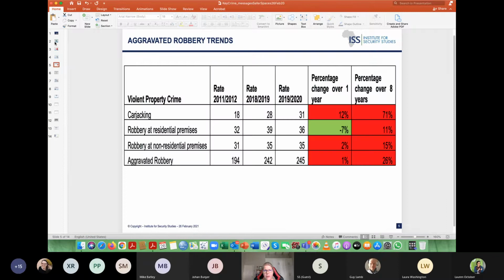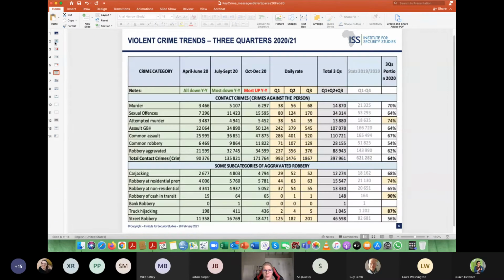Now, before lockdown, these were the crime statistics. Up till end of March last year, we saw over an 8-year period a 71% increase in carjacking, 11% in residential robberies. Non-residential robberies, we saw a 15% increase, which gave us an overall aggravated robbery increase of 26%. But this doesn't tell us the whole picture, because there's one category that is missing, and that's called street robberies. Oops, sorry. So when we start comparing the different quarters to the last full